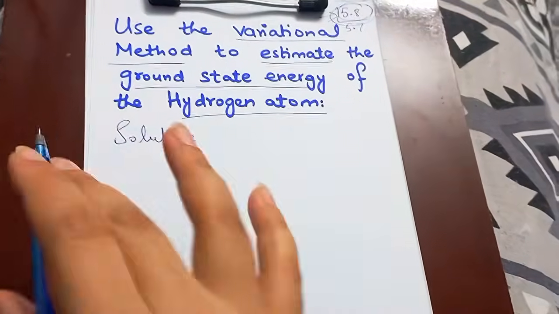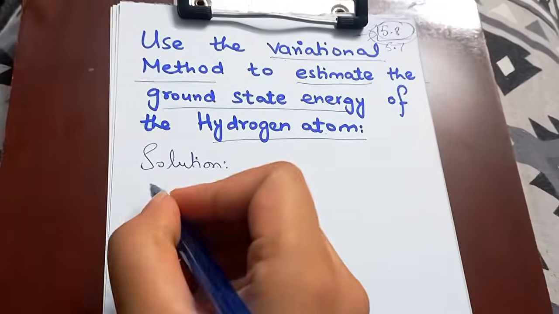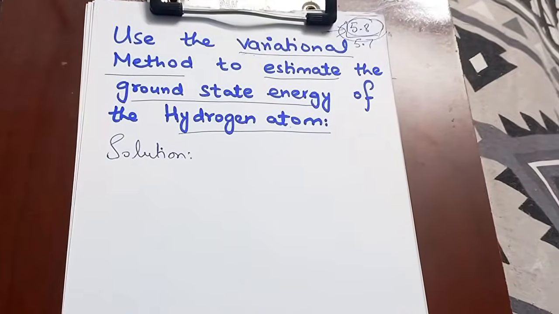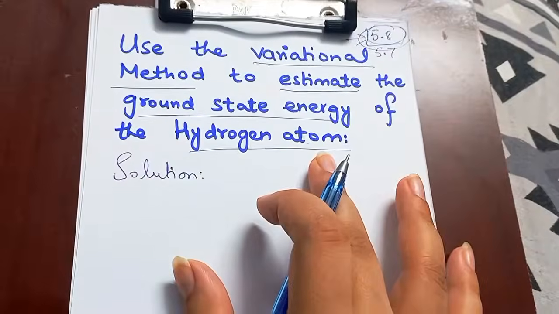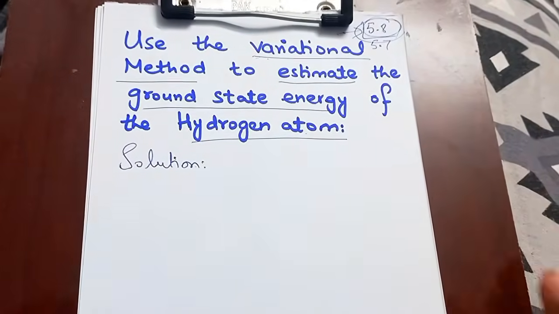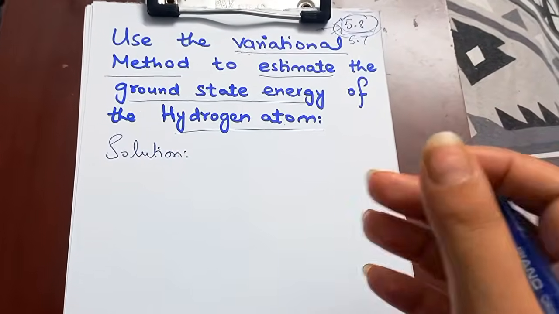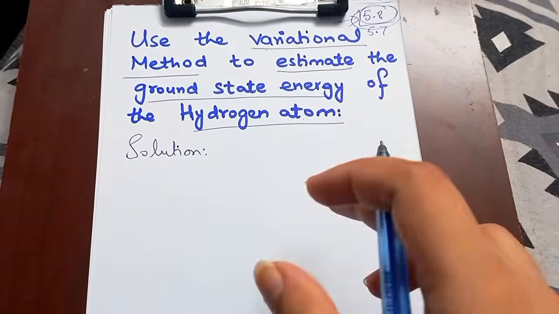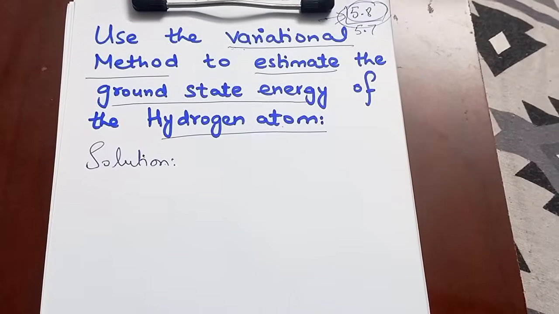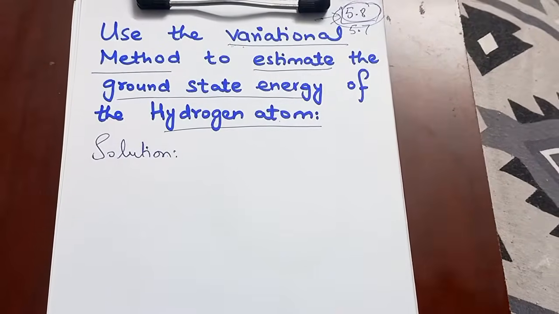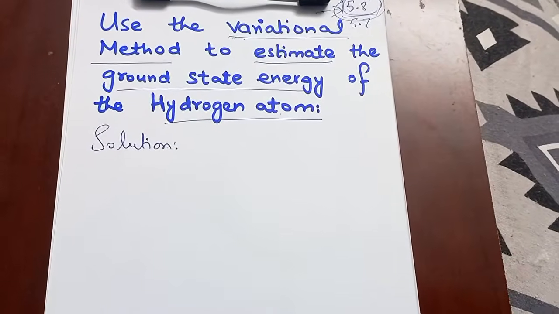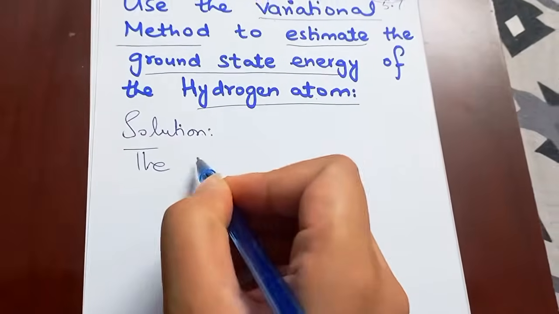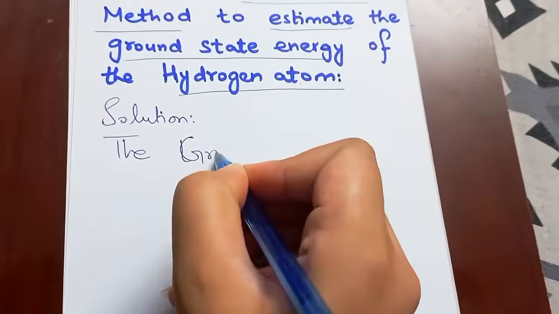So let's quickly get started. First of all, we have to write a trial function for the ground state of the hydrogen atom. From the experimental knowledge and the prerequisite knowledge we had from classical physics, we know something about the ground state of the hydrogen atom, so we can make some good guesses about its wave function. And what these guesses are is that the trial function, the ground state